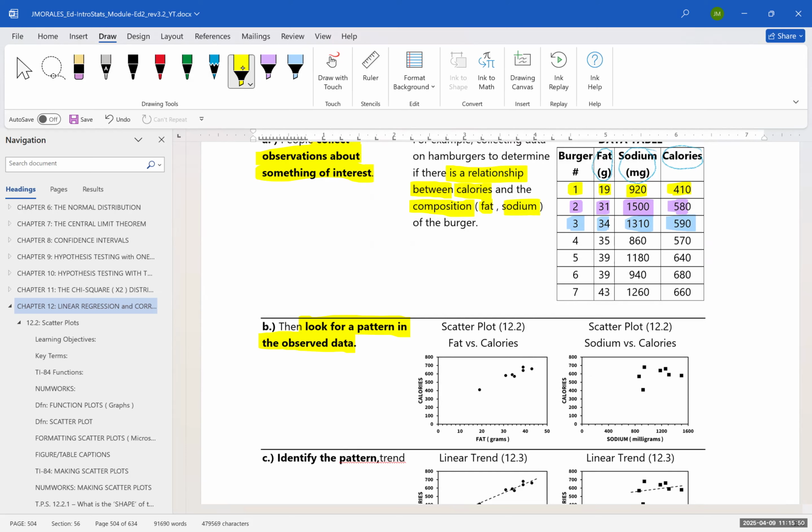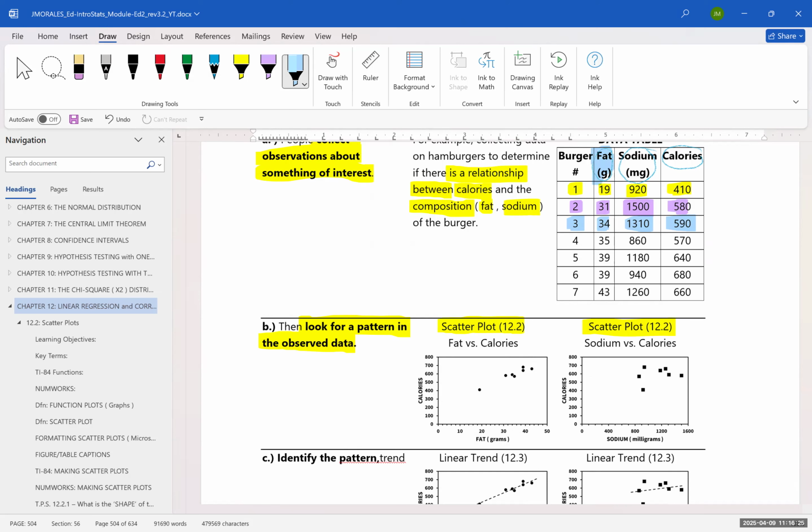Looking for patterns is like looking up into the sky at a cloud to see if the cloud takes the shape of something familiar. But instead of looking at clouds for shapes, we're going to be looking at graphs and looking for shapes in graphs. So we create what's called a scatter plot. With a scatter plot, you take 2 random variables. So for example, if we took